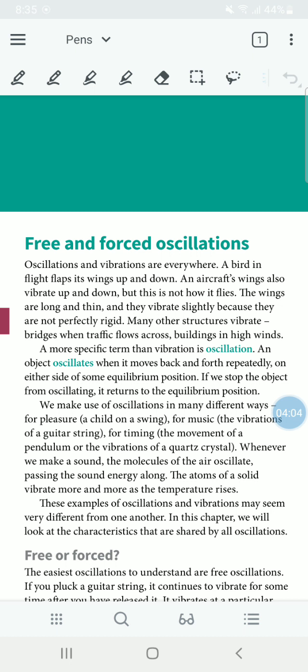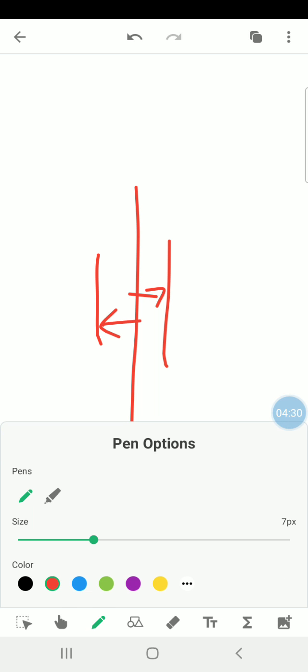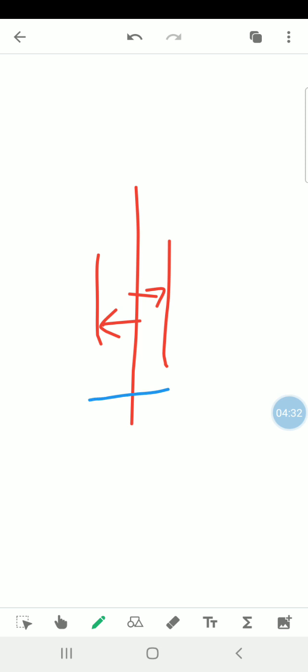Let's say this is the object. When given a force, it will go here and come back here. That means it will come to this position and go to that position, and it happens repeatedly, back and forth, right?